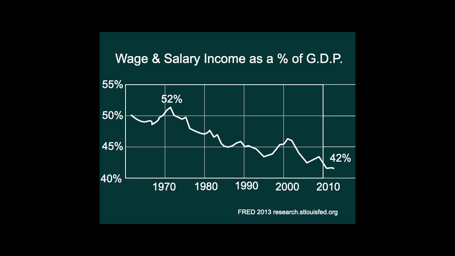In 1972, when they looked at total wages as a percentage of the gross domestic product, they were 52%. And by 2013, they were down to 42%, where they remained until the pandemic. And now they're 44%. So they've been on a slow and steady decline. Some part of it, of course, must be due to the fact that everybody's got a lot more capital that they're using, bigger machines. But